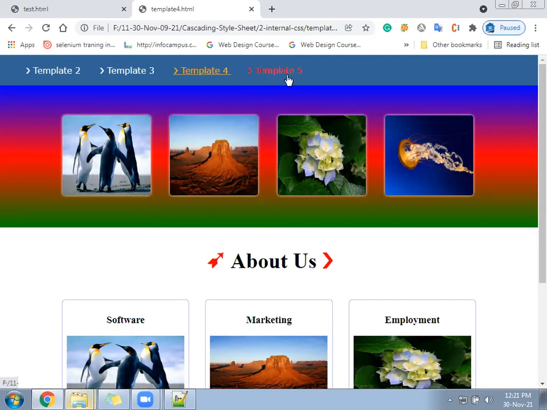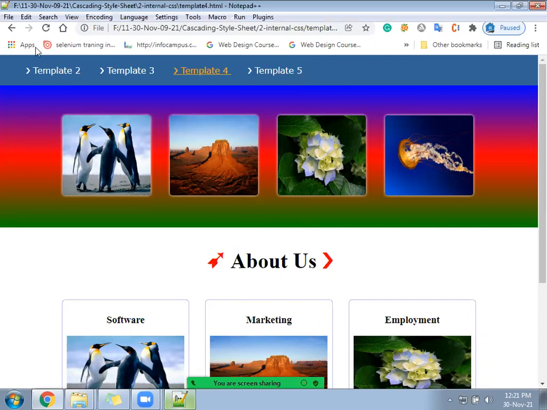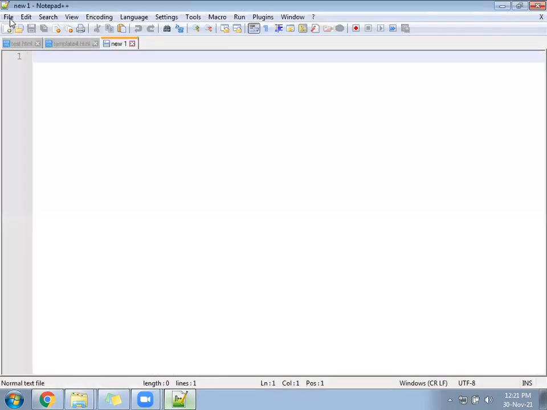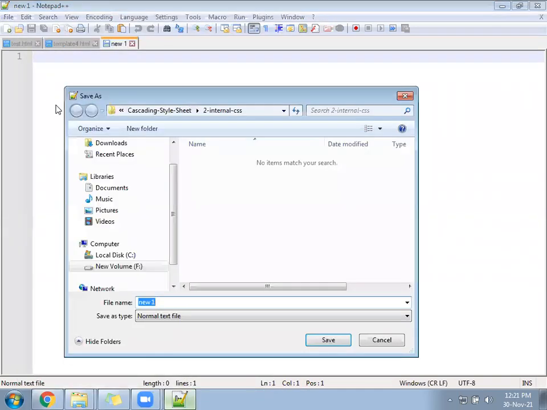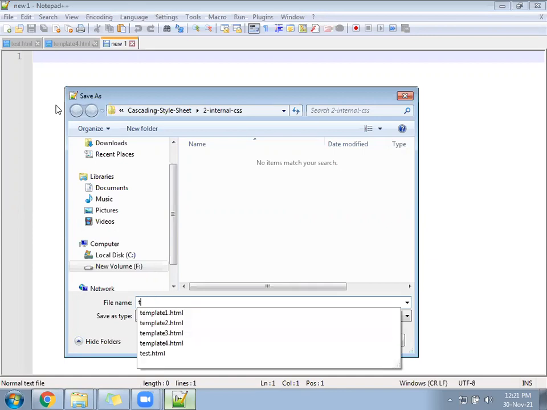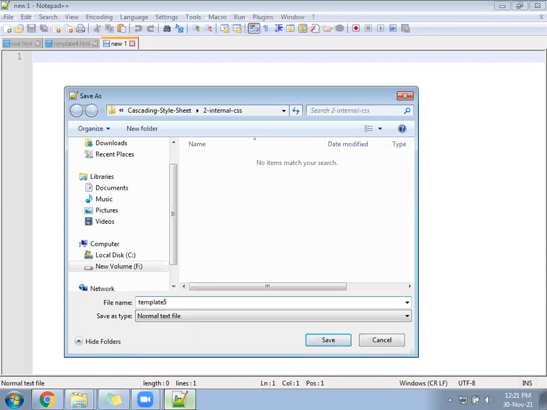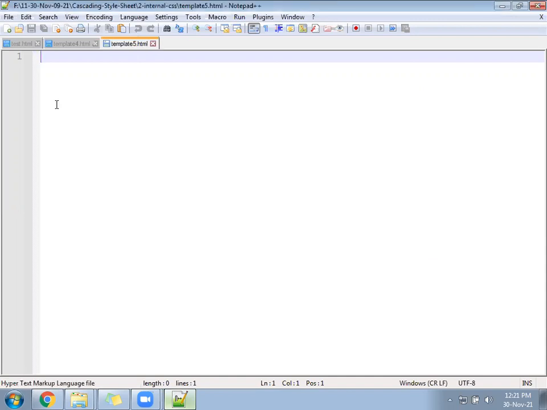Okay, under this file, under the template file, create next file, template5.html.